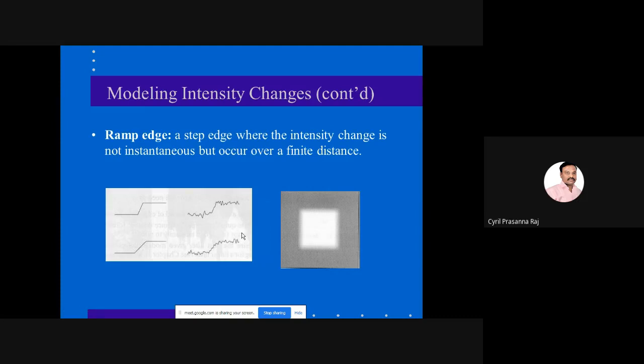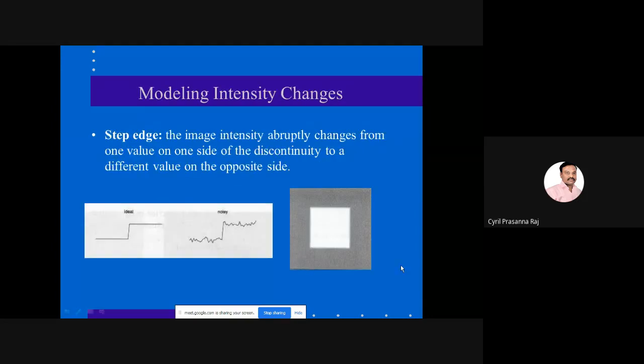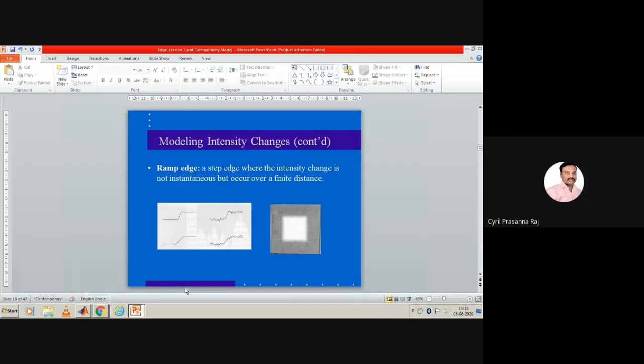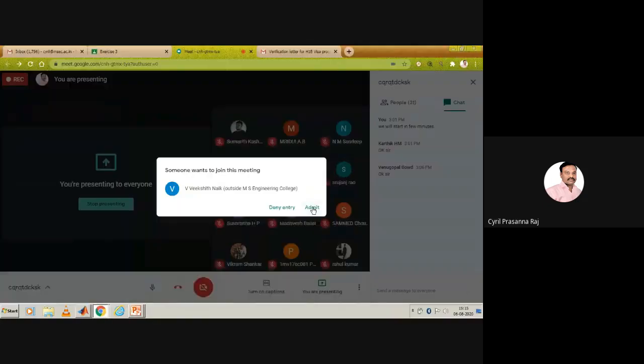Similarly, we also have a ramp edge. In the previous case, the straight line is very straight, so it is exactly changing from gray to white. But if you see here, it is not exactly changing from gray to white. There is a gradual change in color. So this change in color will lead to a ramp in the intensity levels. It could be a very sharp one, it could be a very long one, but still it will also have multiple noise. So we call this a ramp kind of an edge.